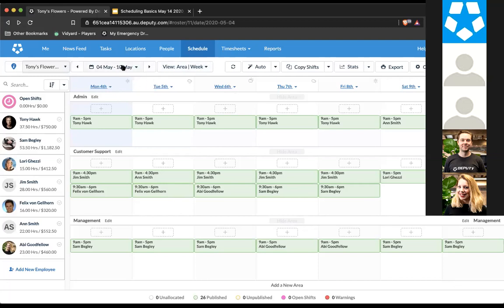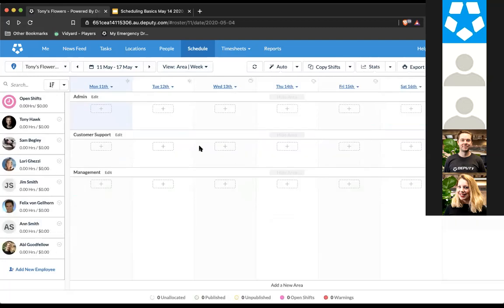If I go over here, this one here is actually also reflecting the week that I'm trying to set up my rostering for. So this is last week. So I've already got all of my published shifts there ready to go. But what I might do is go over to a blank week and you'll see that there's